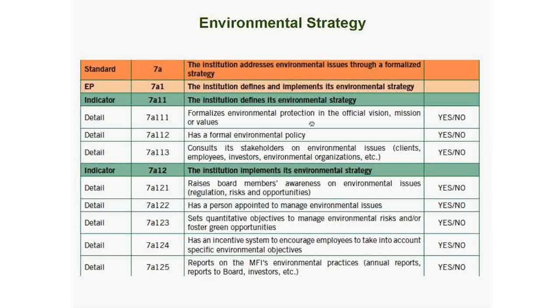So if the environmental protection is formalized inside the vision and the mission. It has environmental policies. It consults its various stakeholders about the environment. And then, of course, there are some people in place inside the institution that take care of environmental issues. If quantitative objectives are set, if there are incentives to go through this environmental engagement, and if the environmental performance of the MFI is reported. So altogether, this is an example of this first dimension, measuring the level of engagement of the processes of an MFI along its strategic environmental